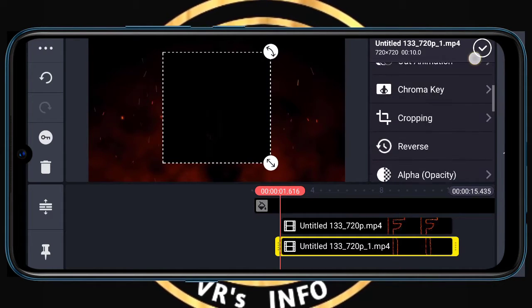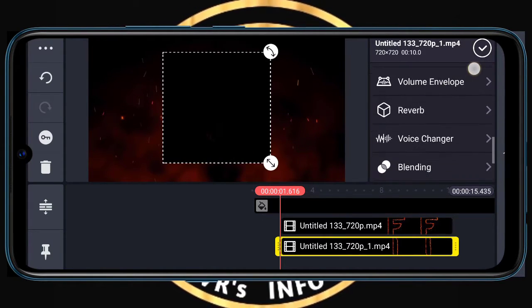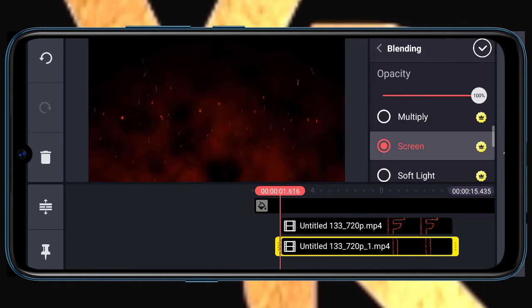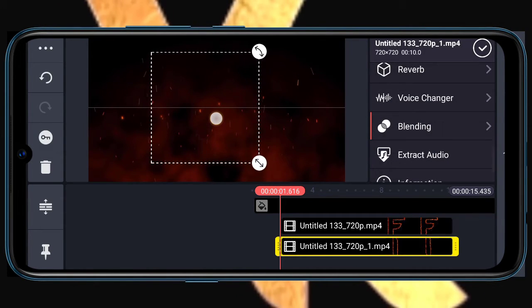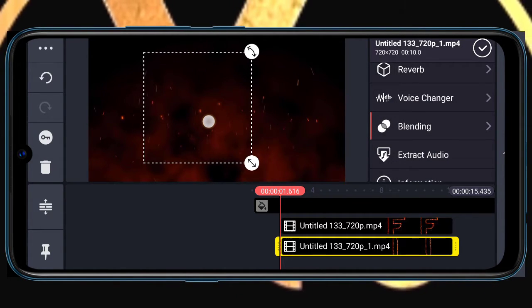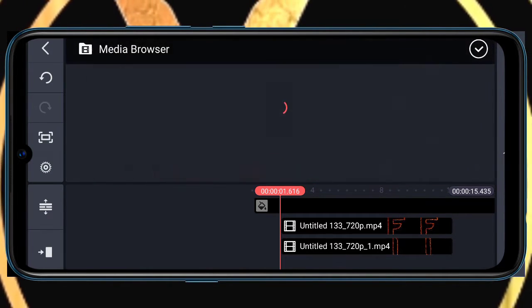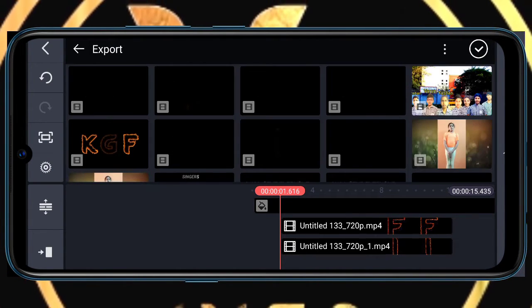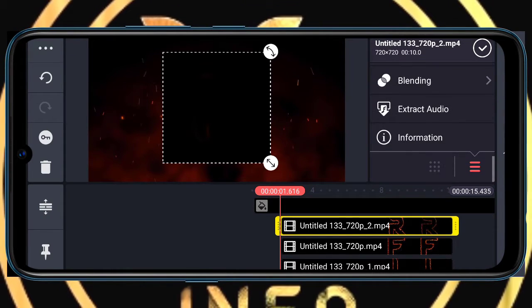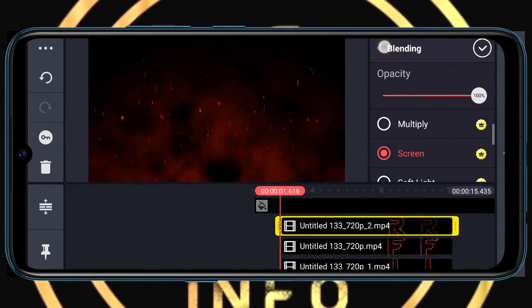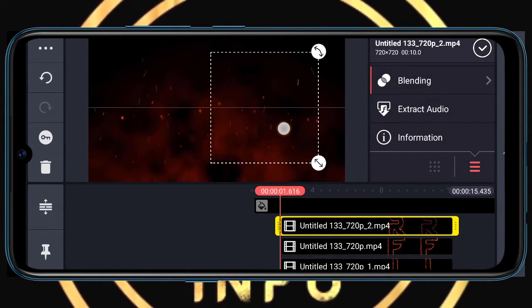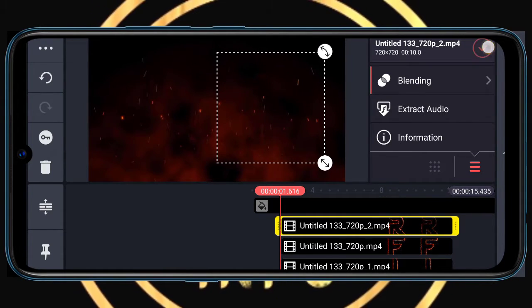So guys, while watching the video in the KineMaster application, you may notice that the video may get hanged or gets stuck. It happens because a lot of layers have been inserted at just one place. So there's no need to break your head. Just export your video and watch your video with the help of the video player provided in your phone. Everything would be proper, so no worries about that.